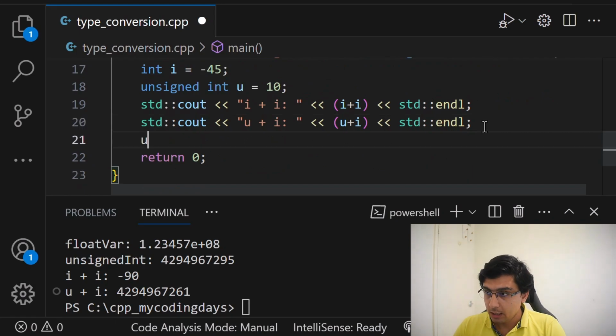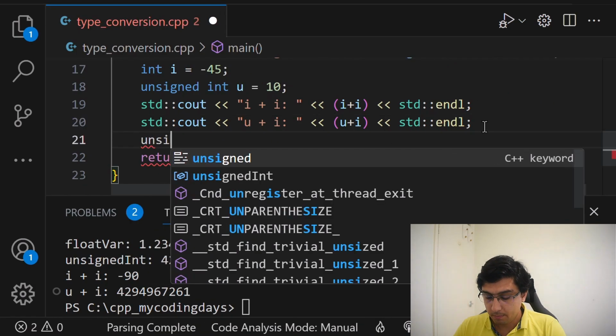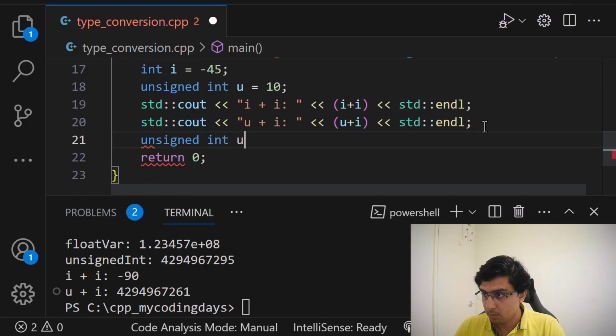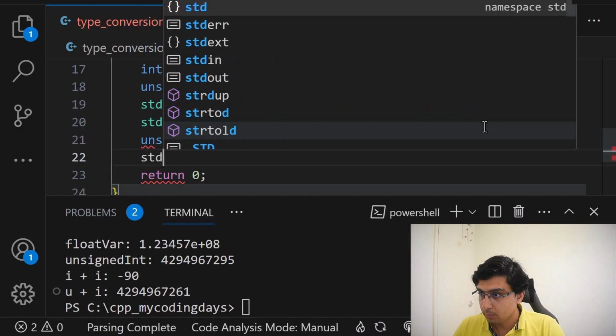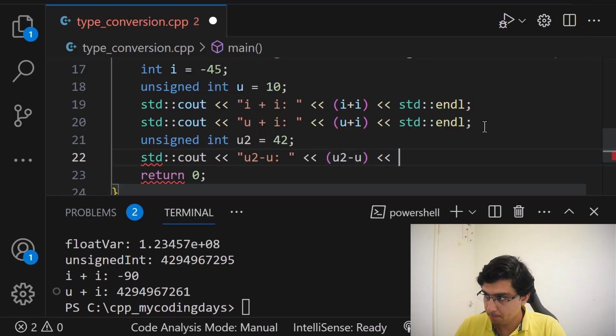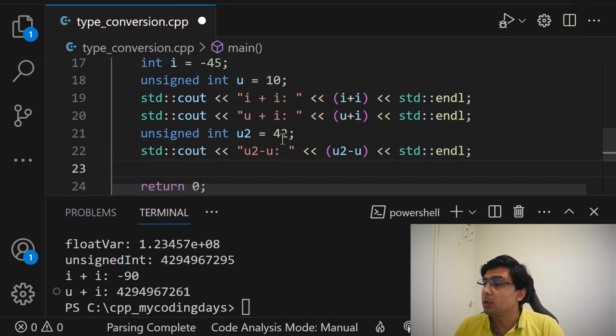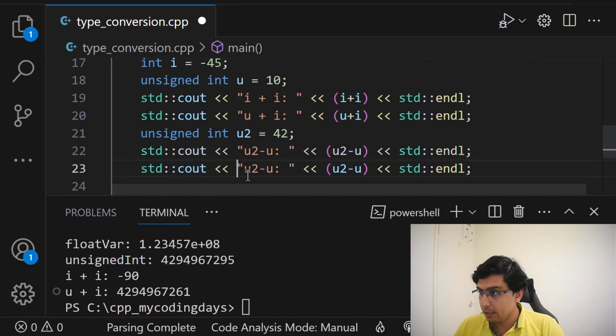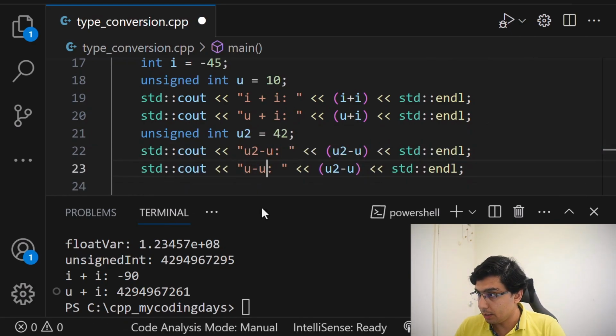If I define another unsigned integer called u2 and give it a value of 42, if I do the u2 minus u, this should be fine because u2 is greater than u. However, if I do the u minus u2,